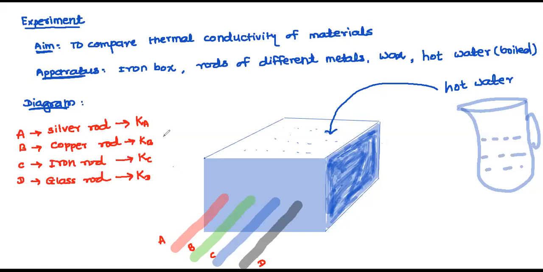But whatever I have denoted, for silver rod, thermal conductivity is Ka. For copper rod, thermal conductivity is Kb. For iron rod, Kc. And for glass rod, Kd. Okay, sir, this we understood K, but what about length now? See, what we are doing,